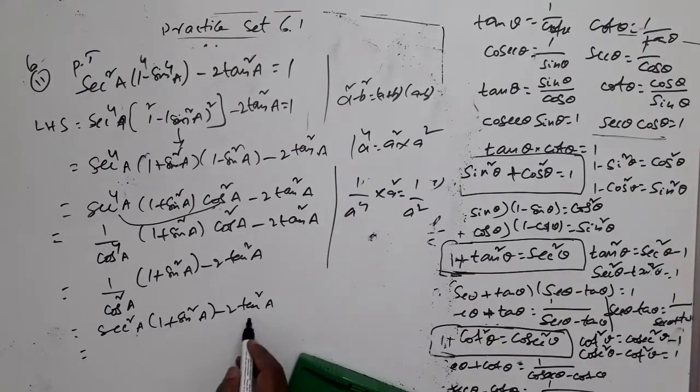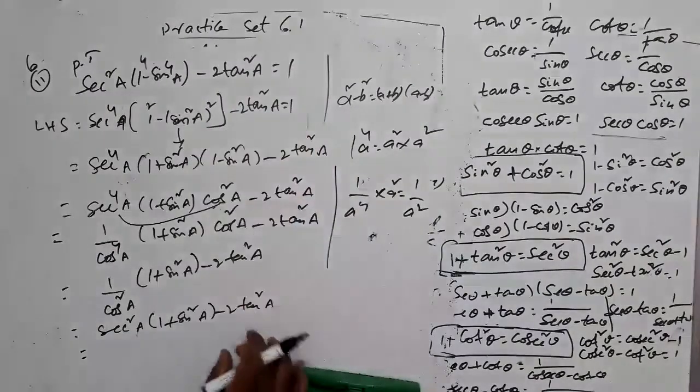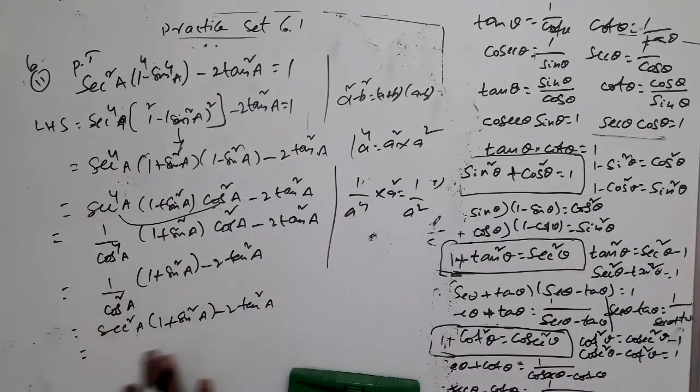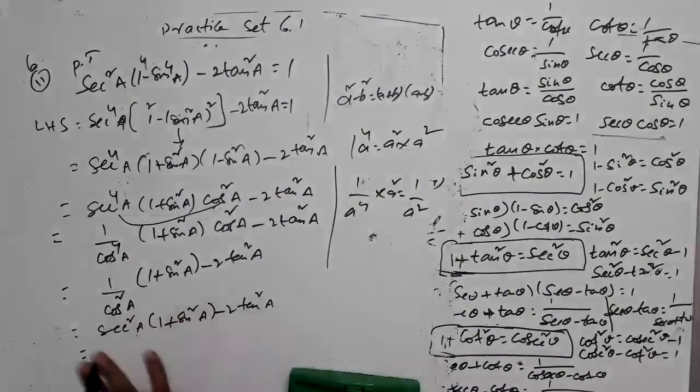Now let us expand. You leave it like this. See, you can observe that the right hand side part is 1. This term you are carrying as it is. So what should be this term? 1 plus 2 tan square A. This should be, right? 1 plus 2 tan square A. Then minus 2 tan square A plus 2 tan square A will be cancelled. 1 will be remaining. That should be our target. So is it that 1 plus 2 tan square A?